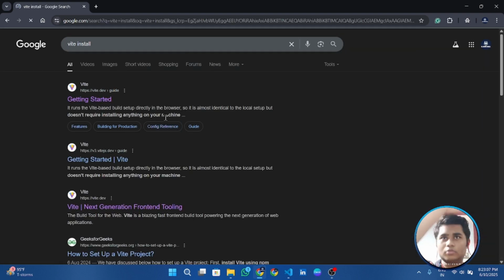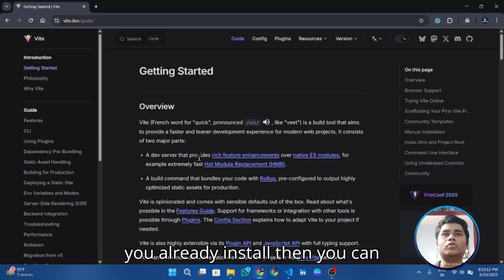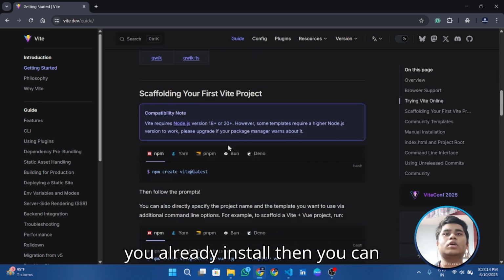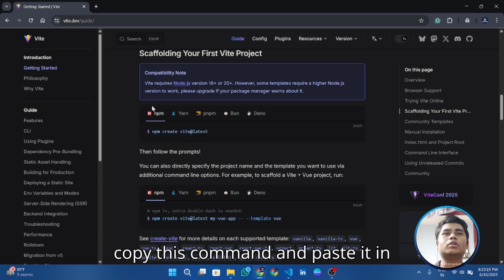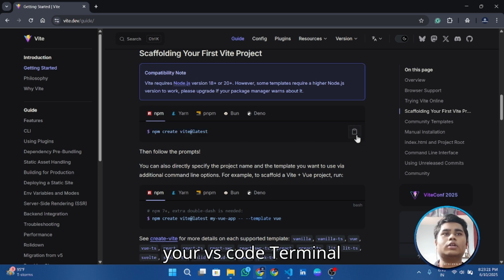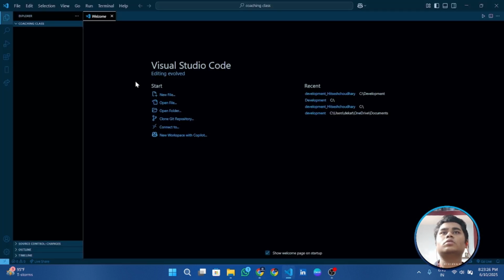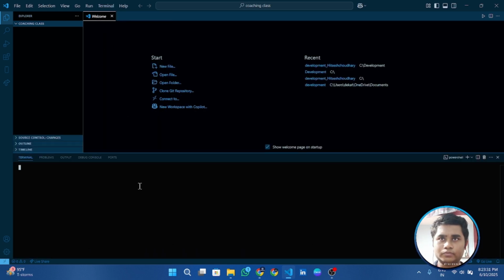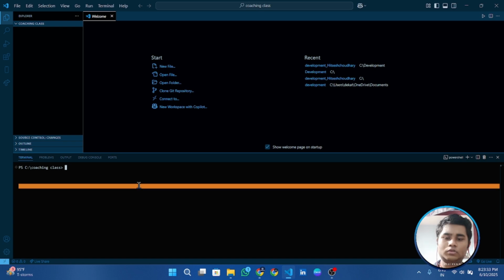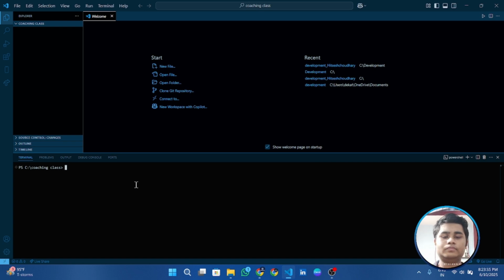For Vite, you have to install first npm with Node.js. If you already installed, then you can continue. First, we have to copy this command and run this in your VS Code terminal. So let's copy it. Go to your VS Code terminal, paste it. Enter,